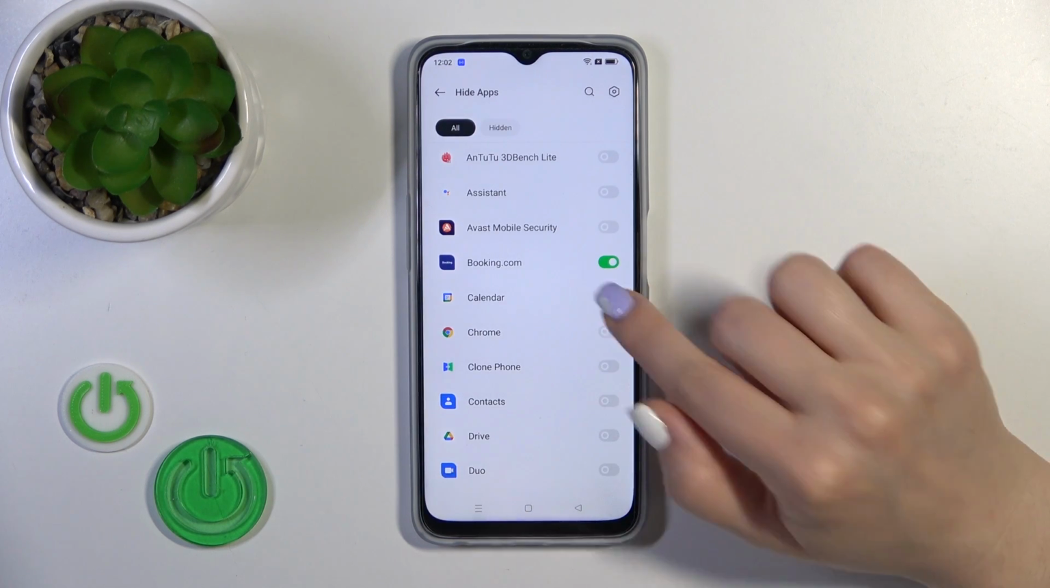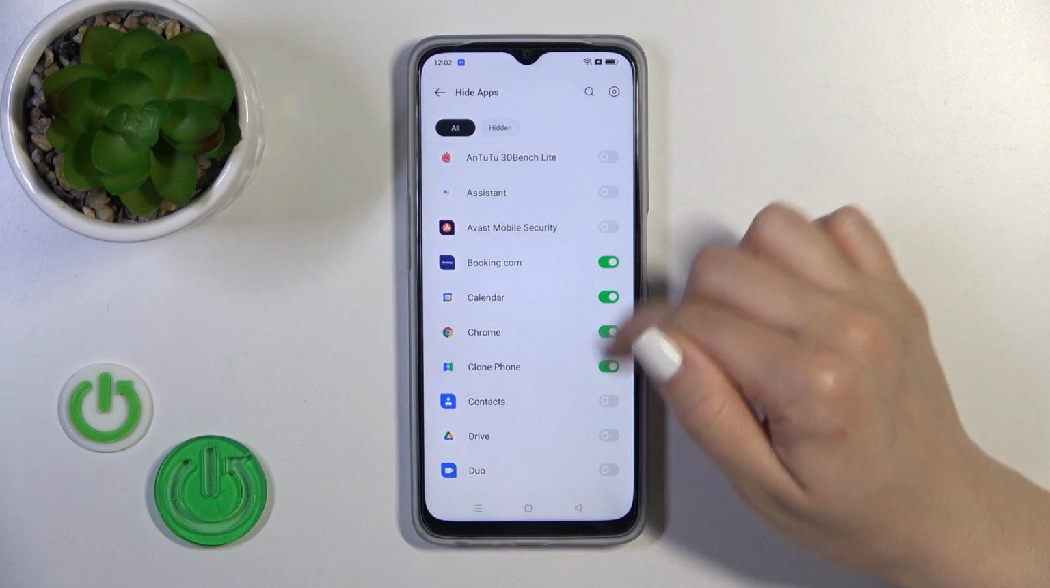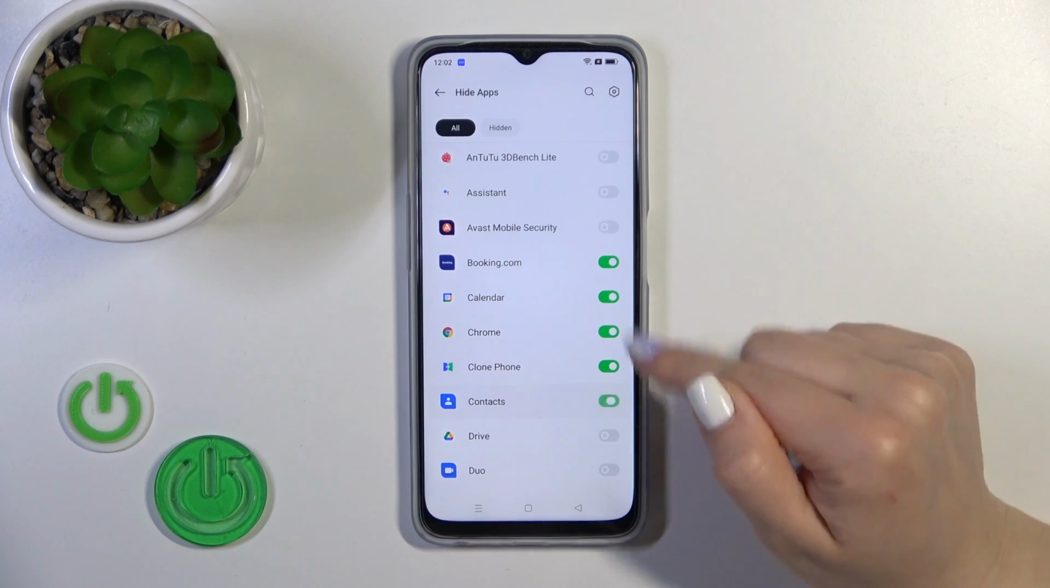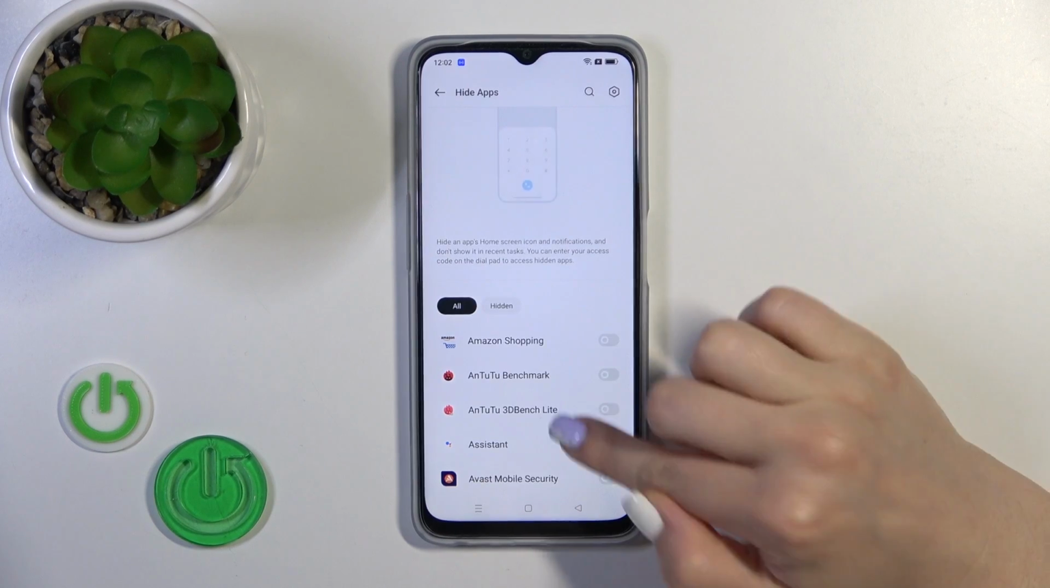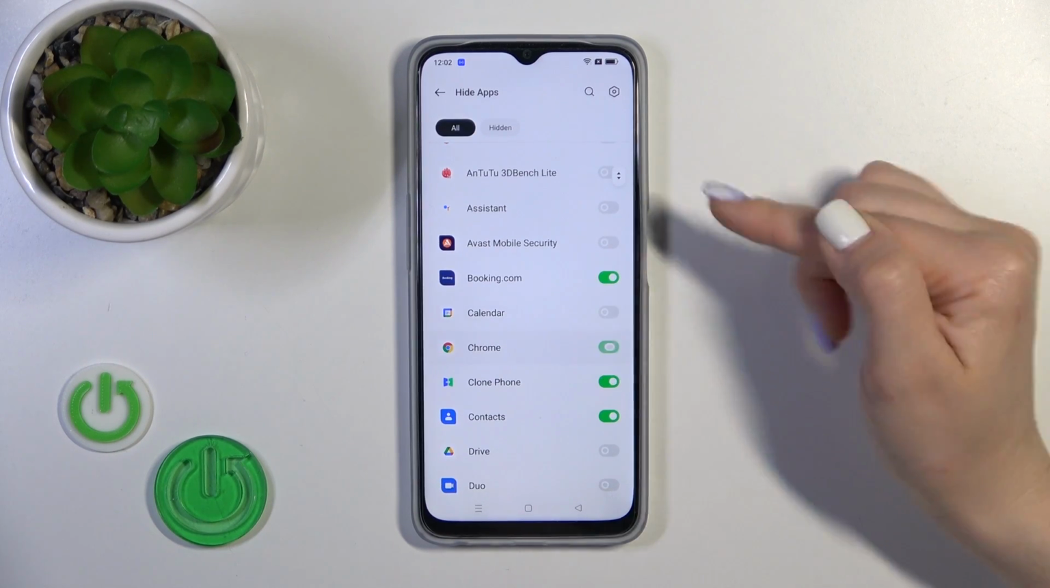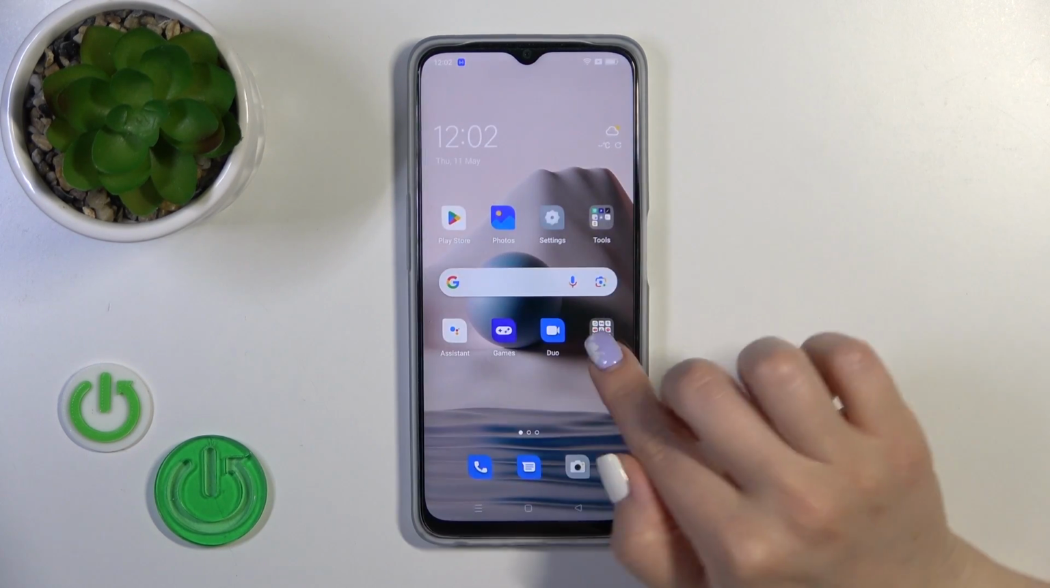So now we could hide another applications by the same way. Just click to the switchers. We could find them here in hidden. Also we could unhide them by the same way. And to find